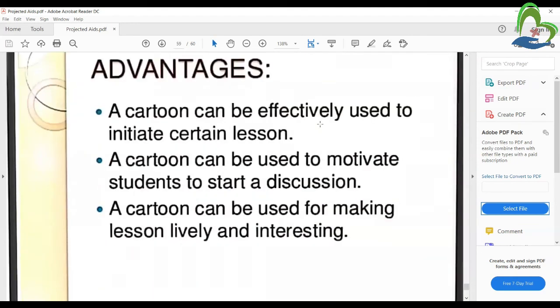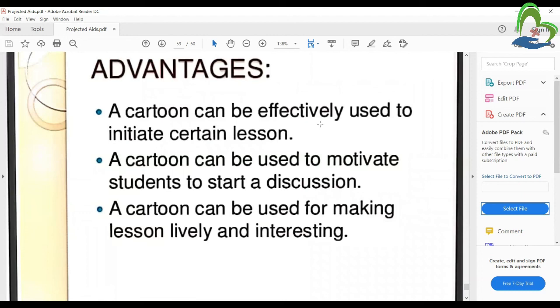So the next advantage is that cartoons can be used very effectively to teach sentences. So whenever you use the cartoon network, it is very important for the students and the kids also, like improvement of emotion. A cartoon can be used to motivate the students and start a discussion. Whenever you see a cartoon, it is good information passed from one person to another, and the small kids ask what is this, right? Because they see it on TV, television, and the cartoon network. So it's very useful for good communication.